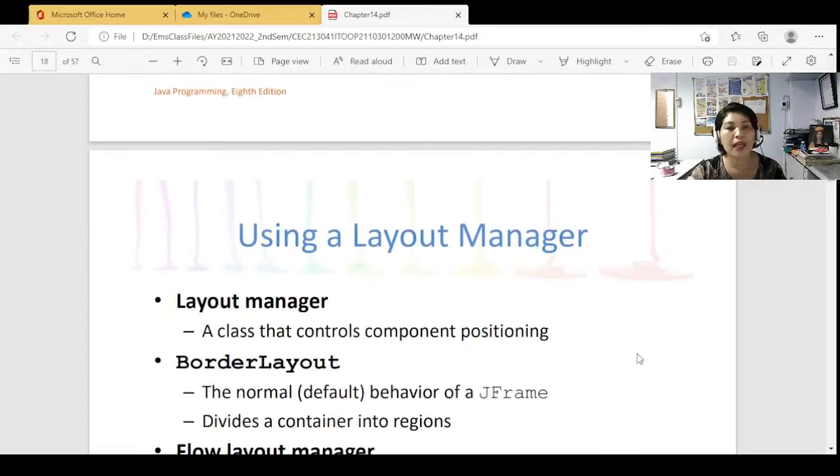The layout manager is also important. This will allow you to specify how the components will behave when adding them. Whether you will be arranging them into grids, or into flow layout, or you will be using the default layout manager of the JFrame, which is the border layout. The border layout is